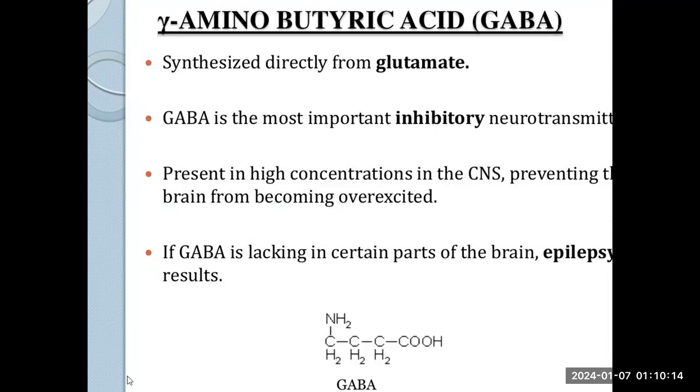And this is the structure of GABA. There's gamma-aminobutyric acid. You can see right here the alpha carbon, beta carbon, and the gamma carbon. The carbon next to the carboxyl is known as alpha. The next one is beta, and the third one is the gamma. So it's an amino acid with the amino group at the gamma carbon, so it's known as gamma-aminobutyric acid.